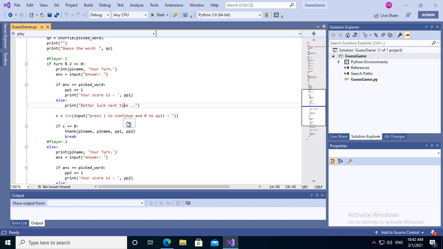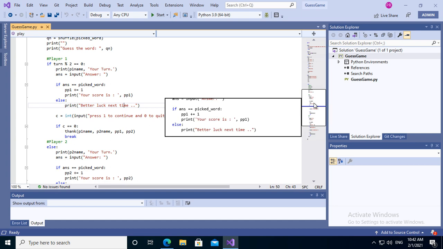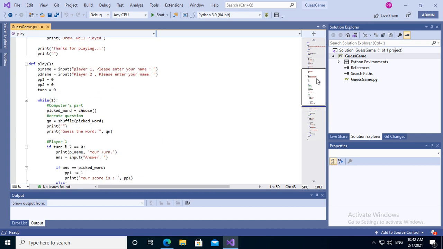I have taken a variable c to store the user's input, whether he wants to continue or not. There are two possibilities: press 1 to continue, press 0 to quit. In case he says 0, that means he wants to quit. Then we have to thank the user with the summary so far. So I have defined a function thank and passed both the player names and the points they have scored till now.